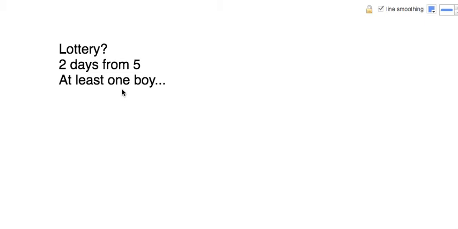And you put it into your calculator and you put 49C6. So in other words, 49 is the number of numbers we get to choose from, and we just want 6. And it'll tell you how many combinations there are. And if you recall, it was 13.9 million. So that means that since there are 13.9 million possibilities, there's a 1 in 13.9 million chance that you'll win if you just buy one ticket, which is obviously fairly unlikely. And it's much more likely that you won't